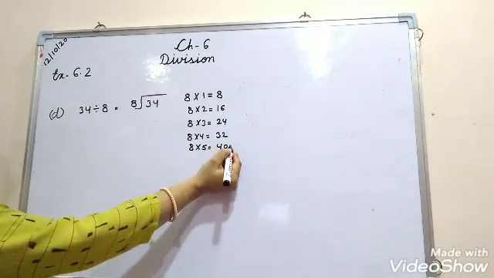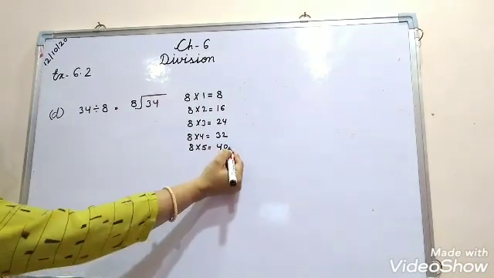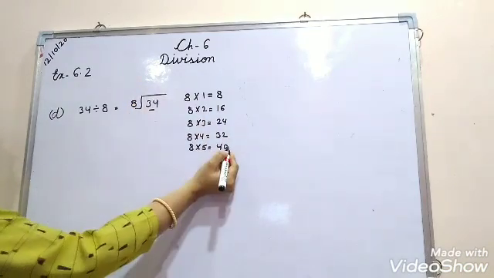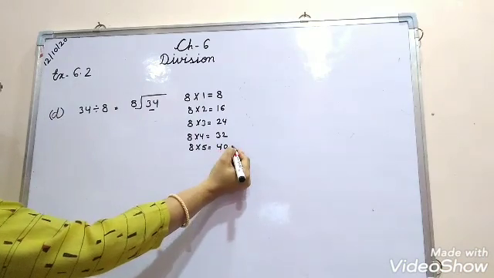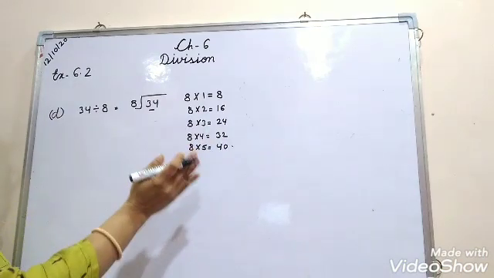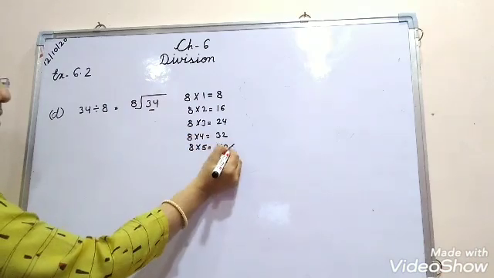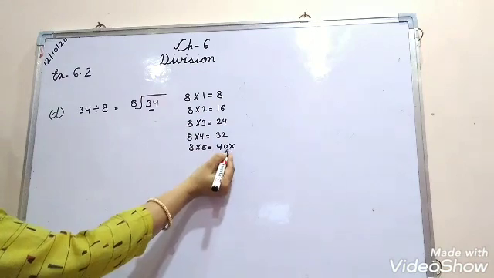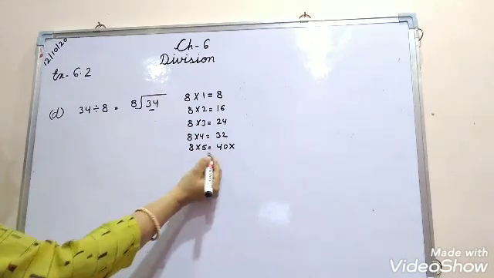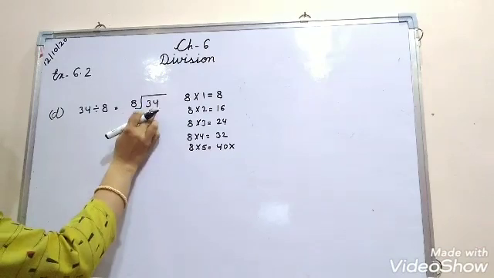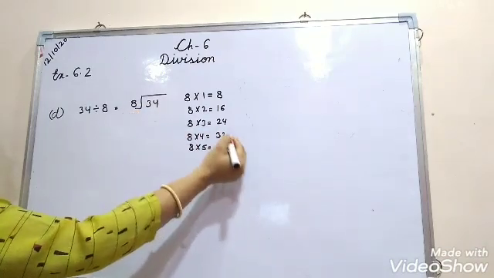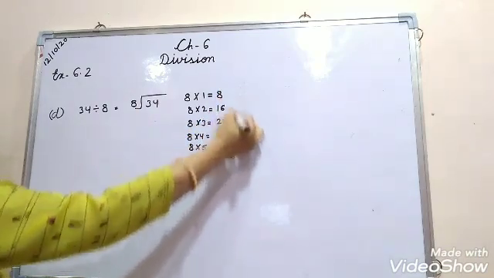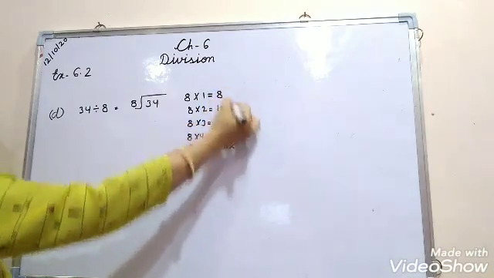Here you can see that we have reached number 40 and we have crossed the dividend. Dividend is what? 34, and we have reached number 40. So what we will do? As we cross the dividend and come to a bigger number than the dividend, we will put a cross mark here. Now which number we have to choose for this dividend? The number that is just above it, that is 32, we will choose. We will not choose the other lesser number. That will be your wrong choice.